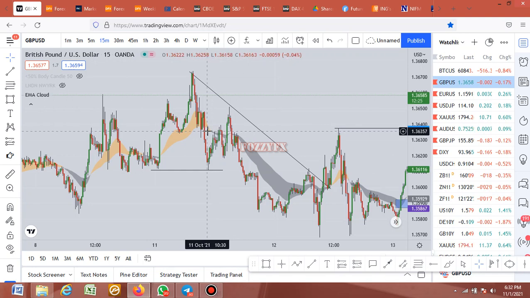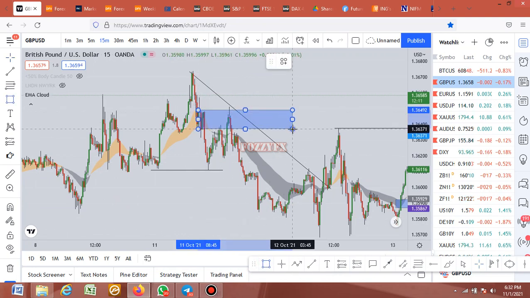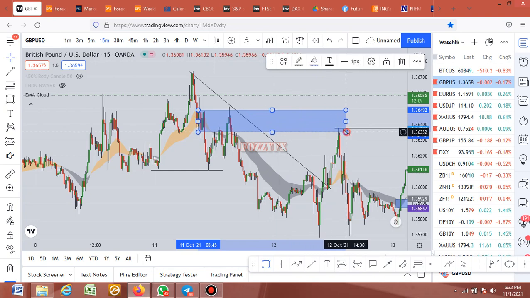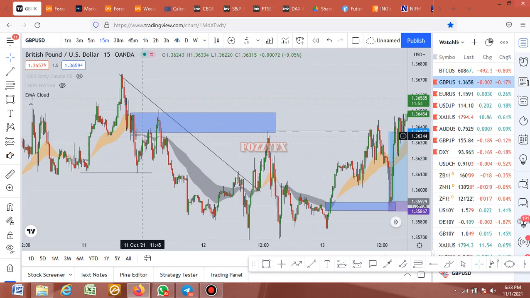So because it started from this level here, we want to focus on this order block here. We want to be using the order block just around where we had the cross. So you would have entered here. Imagine you held your trades, if you go to the higher time frame, you see a very nice order block here on the higher time frame, like the 1 hour or something. So imagine you got in here and boom, you're on this trade